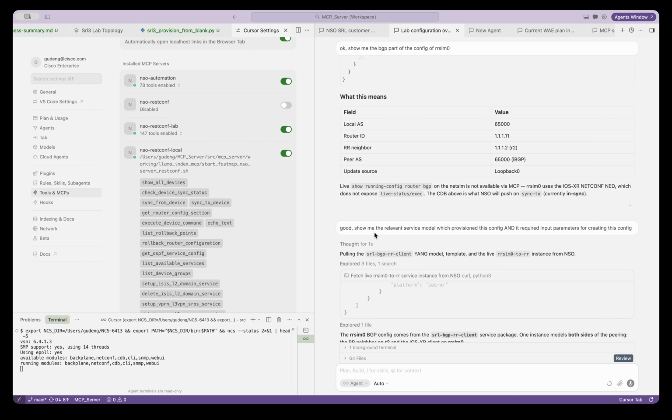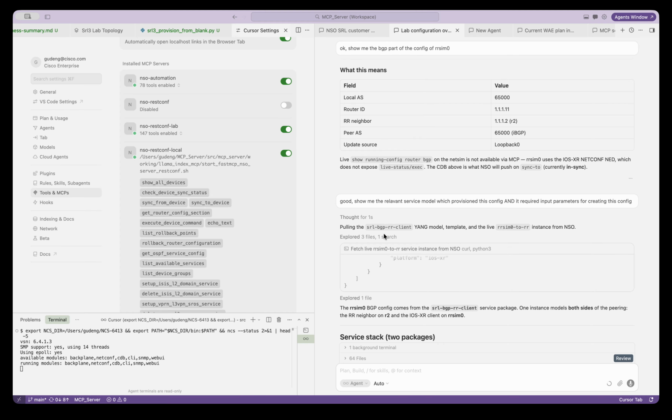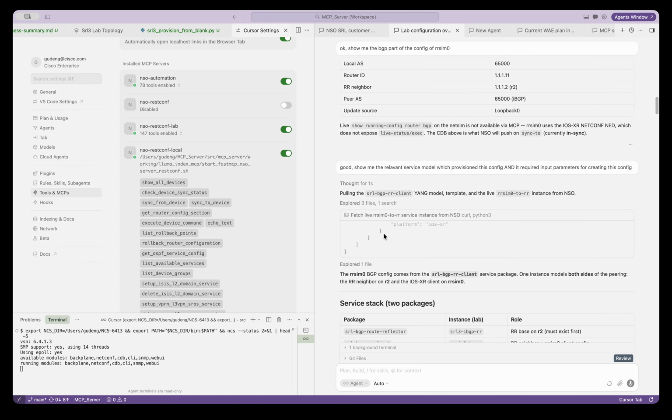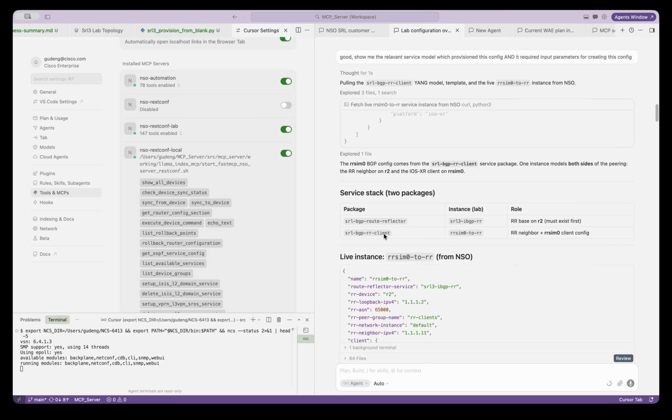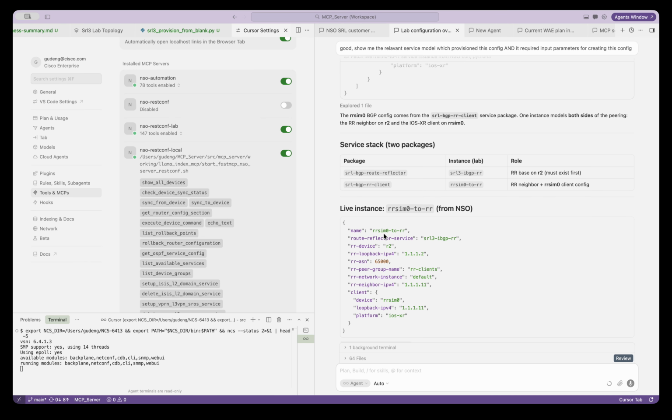Then I said, could you show me the relevant service model which provisions this config and its required input parameters? So when you provision the service model, what parameters do you need to put in to end up with this config? Then Cursor went in and pulled out the YANG model and told me this. So basically I have two service packages.